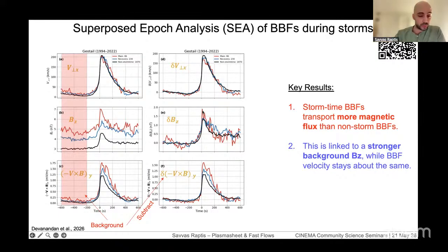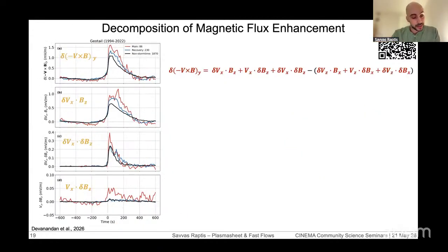It can be higher, of course, but you see that subtracting the actual elevation of the background field that we have in the plasma sheet makes the actual picture of BBF relatively consistent, regardless of whether we have a storm or a non-storm interval. The next thing we did was that basically